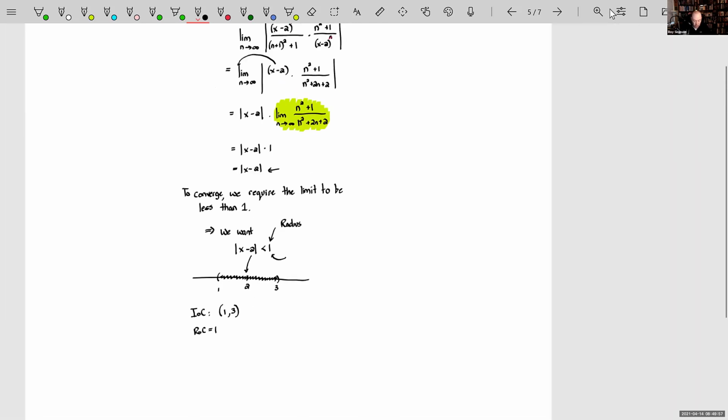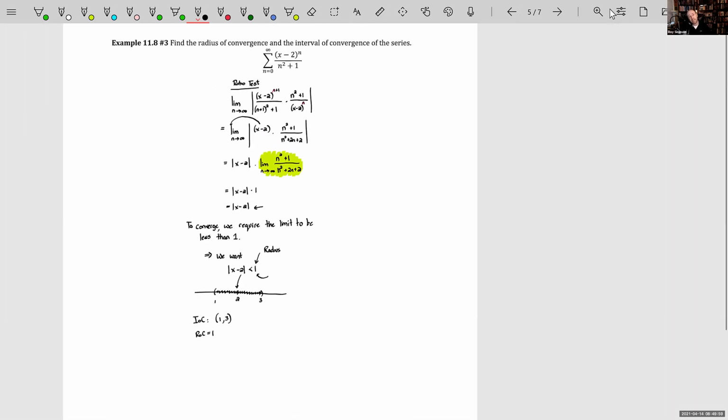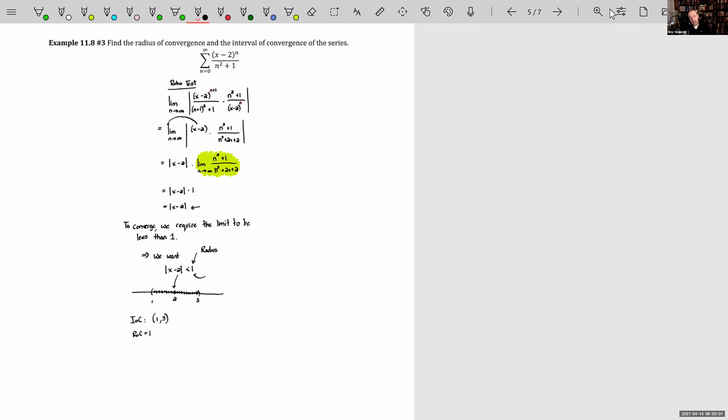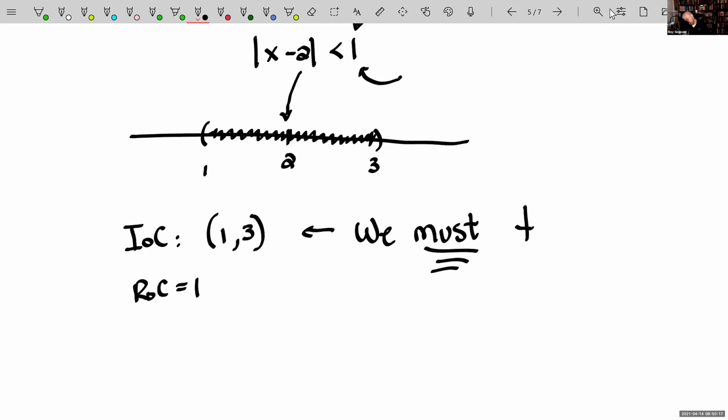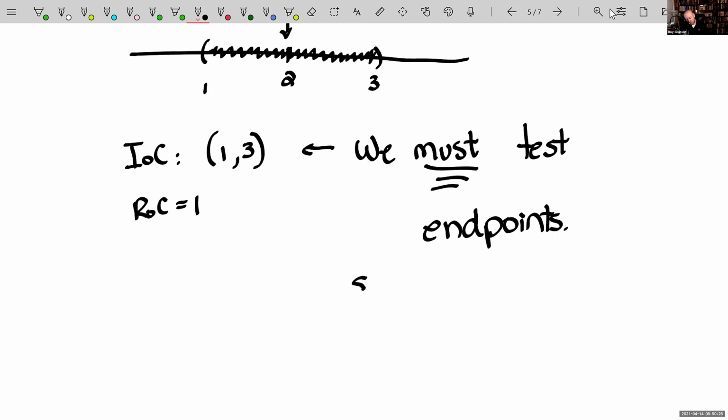Now, the one thing I do need to mention here is that because that series was not a geometric series, I have to test the endpoints. So I'm going to point an arrow at this, and I'm going to say we must. It's incredibly important. We must test endpoints. But we're at the end of the day. We will do this next time. We will start here